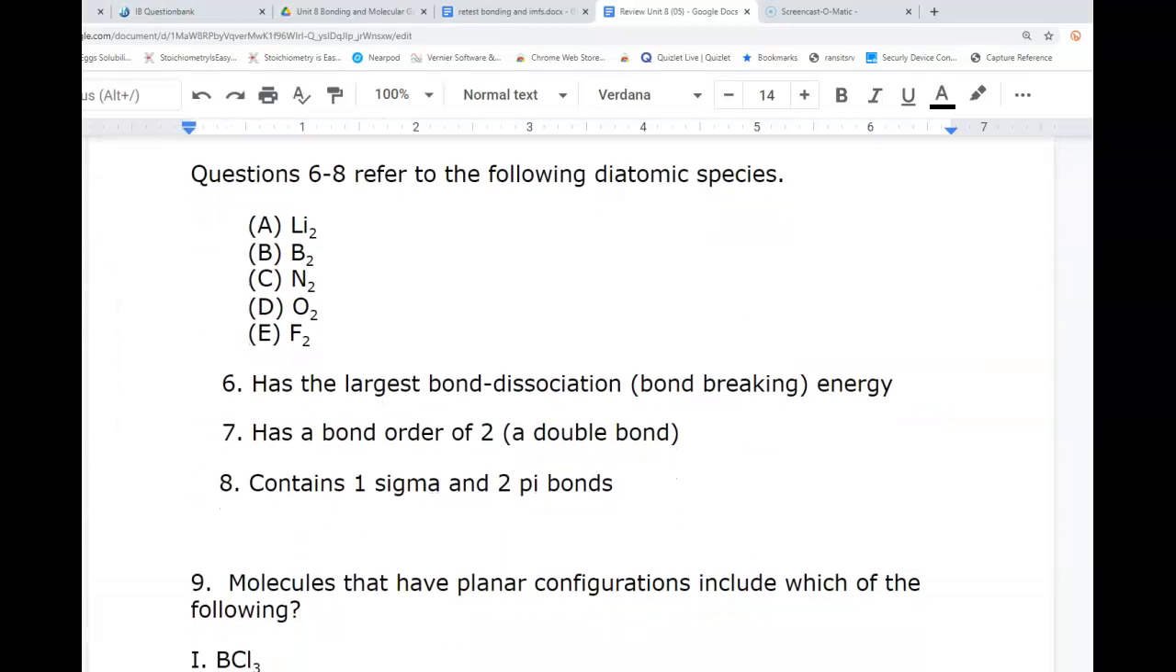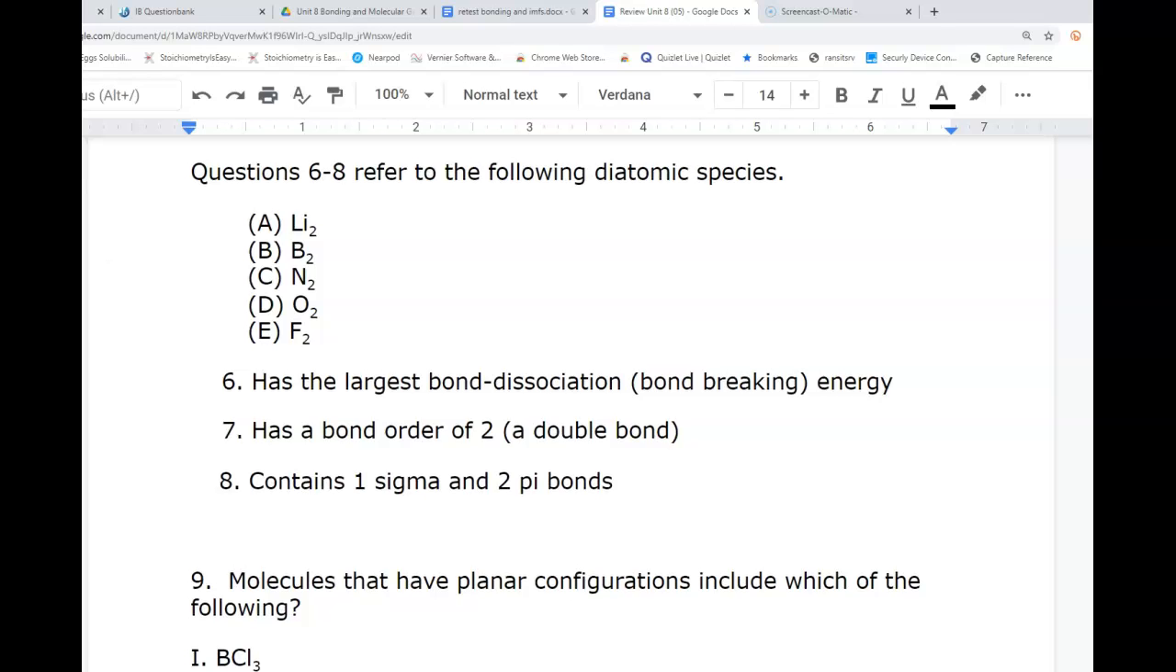Okay, questions 6 to 8 refer to the following diatomic species. Which has the largest bond dissociation, bond breaking energy? Since this is in multiple choice format, you're not going to be able to look this information up. So you're going to have to figure it out based on all kinds of things. And one of those things might be the size of the atom. So Li2, B2, N2, O2, and F2,